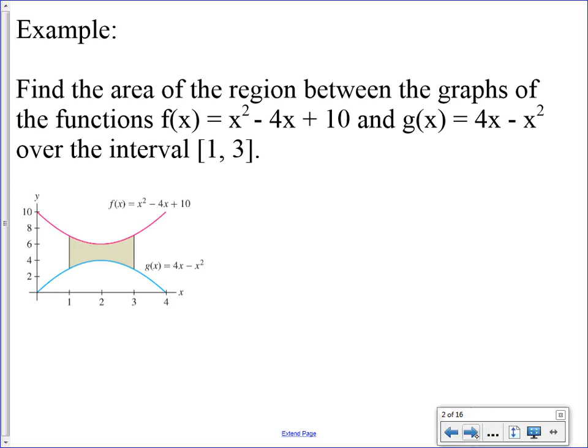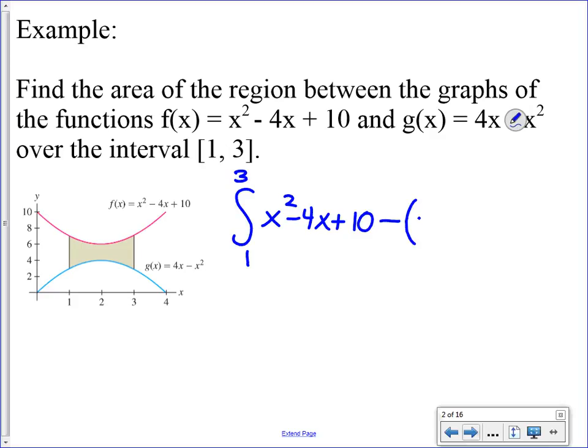All right, let's look at an example. So here we want to find the area of the region between the graphs of the functions f of x and g of x over the interval from 1 to 3. So I have a picture of that region here for you. And if you notice, f of x is the upper function in pink, and g of x is the lower function in blue. So when we set this up, we would want to set up the definite integral from 1 to 3 of f of x